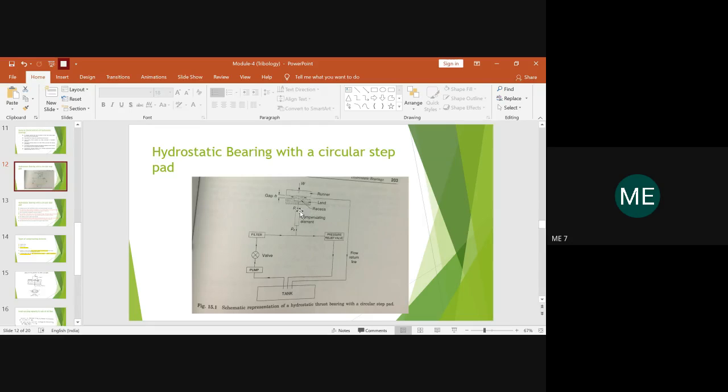If the required pressure is not obtained, it might result in leakages and squeezing out of the oil. To overcome that, you have to use a proper compensating element, so that all the problems associated with leakages can be overcome, and you will have null friction and wear, and a high load bearing capacity even when the bearing is running at a very low speed. So this completes the hydrostatic step bearing phenomena, right? If they ask you, you have to explain until here.